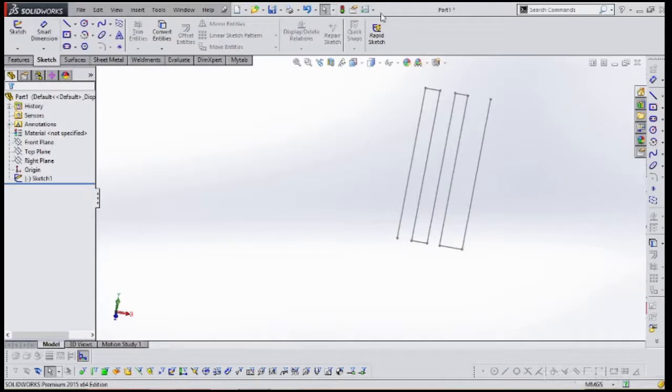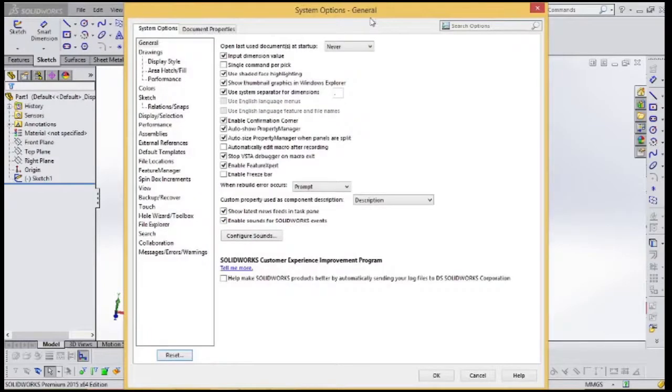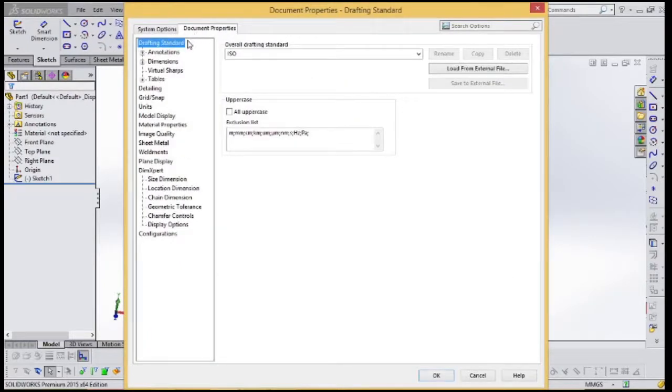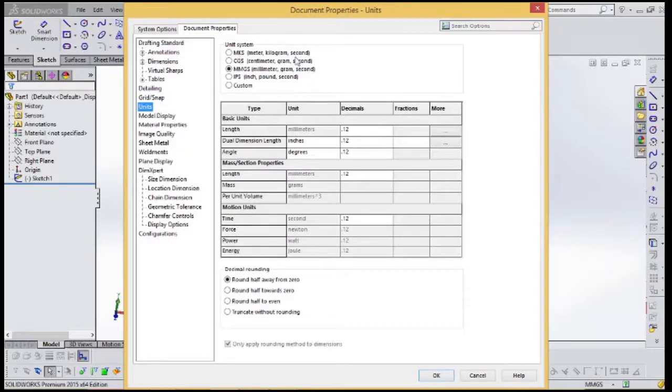This setting can also be done in options here. If you click on settings and options, here also document properties, and here if you see units, you can change that, and you will have some other features also. For example, you can change the decimals, how many digits you want, and what the decimal rounding is, at which value you want to truncate.